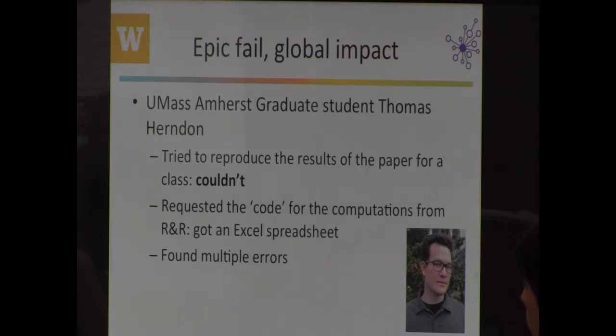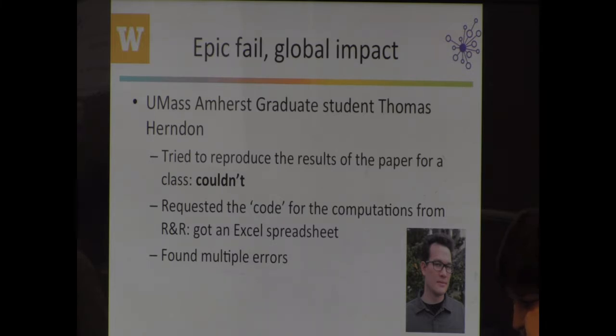So, a great class that they have at UMass Amherst, where their first-year economic graduate students have to reproduce an existing economic study out there. If you're looking for spinning up a course in your program, these reproducible courses are really fun to do. And in this class, he tried to reproduce their study and he couldn't. This is Thomas Herndon. And he asked Reinhart and Rogoff for the code, and my understanding is that they were very reluctant to share, and that it took a fair amount of time to get it from them. But when he finally got it, it wasn't code; it was an Excel spreadsheet, right? So that may raise some red flags right there for you folks who spent a week writing code.